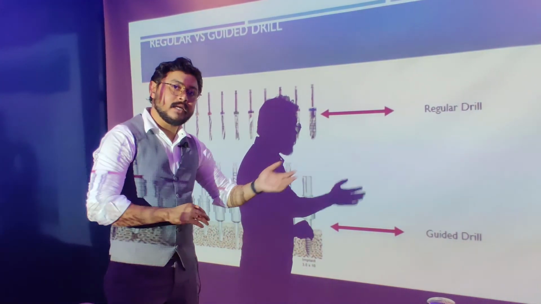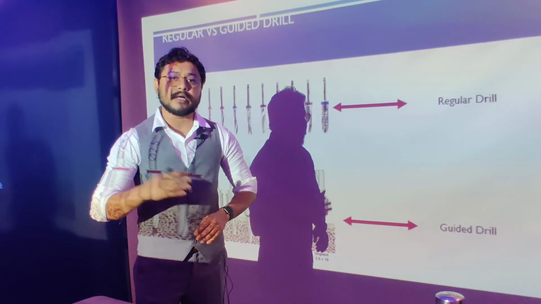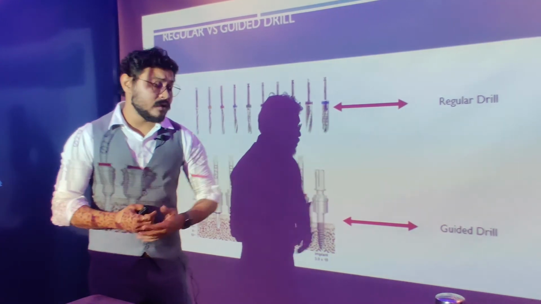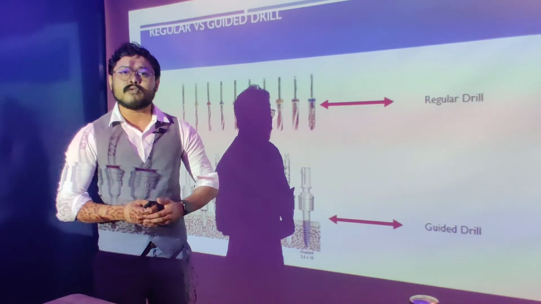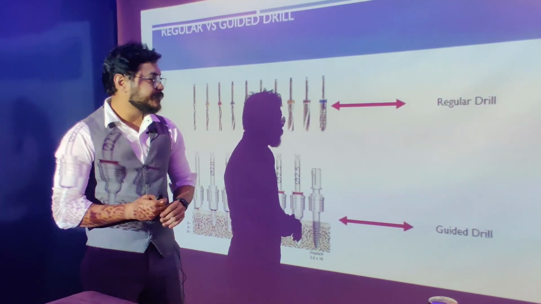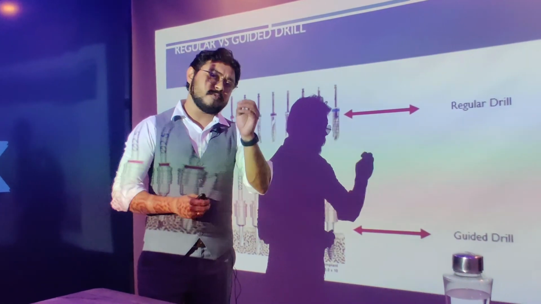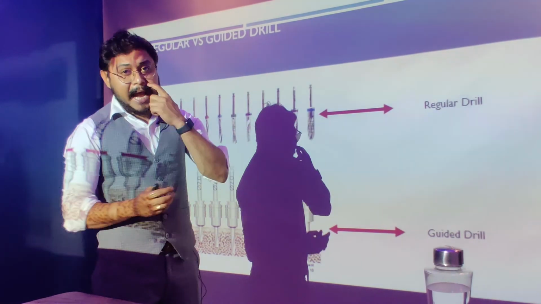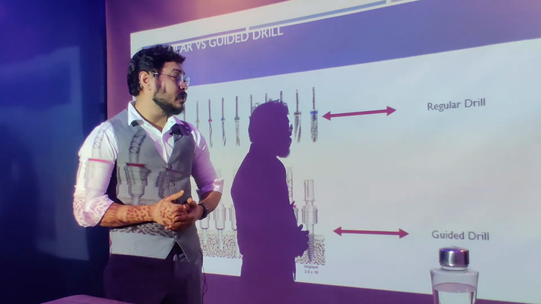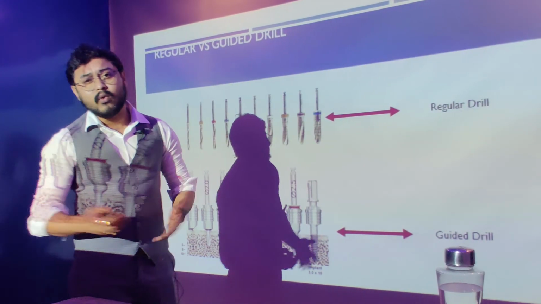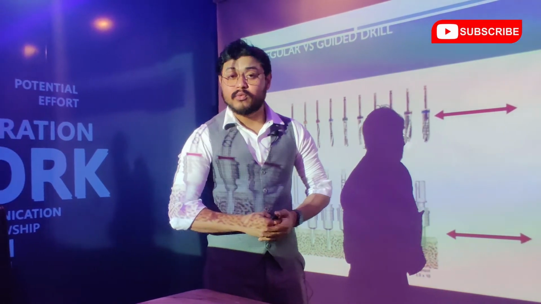You can watch my previous video, where we shared the scanning protocol required for guided surgery planning. The software you need is Blue Sky Plan. Go visit blueskyplan.com and download the software. It is freely accessible. Once you have the software, you just need a few pieces of information about the surgical guide, the metal components, and the drill kit you are carrying for your practice. And there you go. For fabrication, if you have a 3D printer, that's good. You can fabricate your own surgical guide.